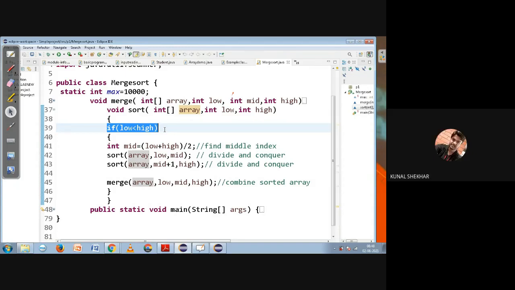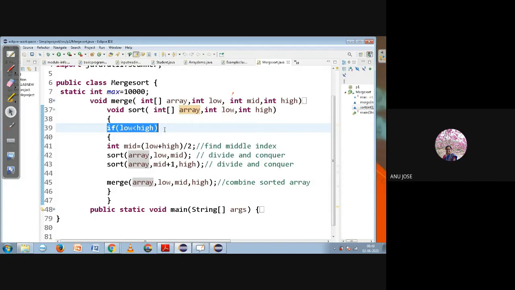No, ma'am. Kushala? Yes, ma'am. Do you have any answer for that? If low less than high, why we are checking? That's comparison for sorting the array, no, ma'am.